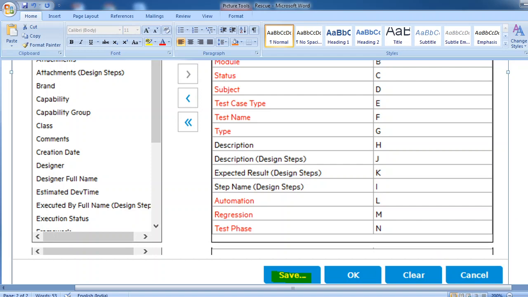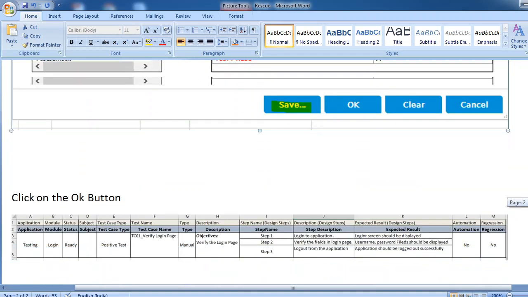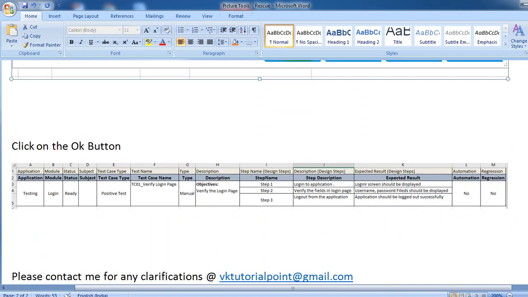After clicking OK, your mapping will be completed like this: application, module, status, subject, test name, all these things. This means your mapping is over.